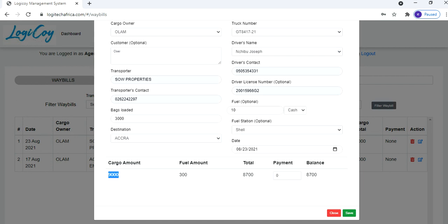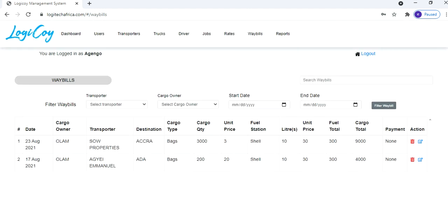So in all the cargo, where's the cargo? Okay, so the bags were 3,000. Okay, let me use this session. So in all we have this date, we have the cargo owner, which is Olam, and the transporter, and also we have the destination. So this cargo went to Accra, and the cargo quantity was 3,000, and the unit price for each cargo is